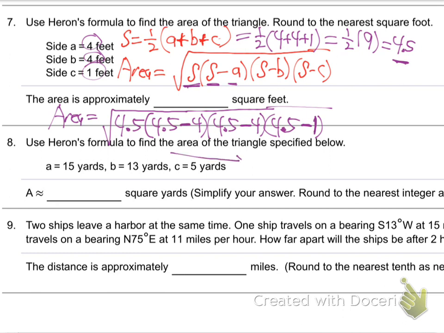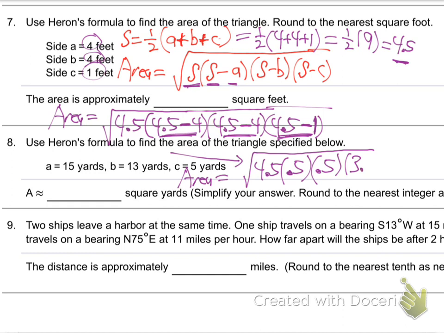So then, what's that going to be? The area, the space in the middle of the triangle, is going to be the square root of 4.5 times 4.5 minus 4. So it's 1.5. Isn't it just 0.5, right? Oh, yeah, 4.5 minus 4 is 0.5. And then over here, 4.5 minus 1 is 3.5. Then just hit the buttons on your calculator. You could use the calculator at any stage you want there. So the square root of 5 times